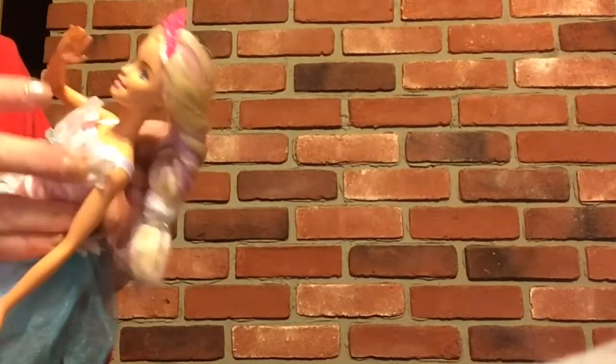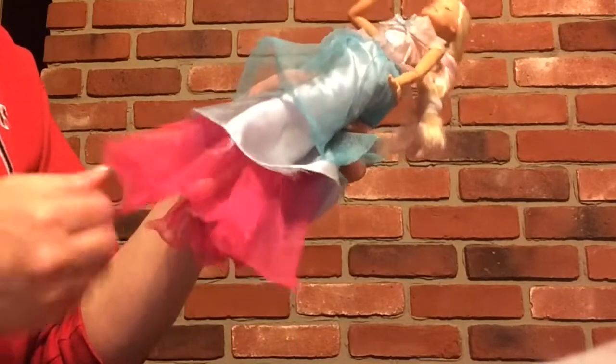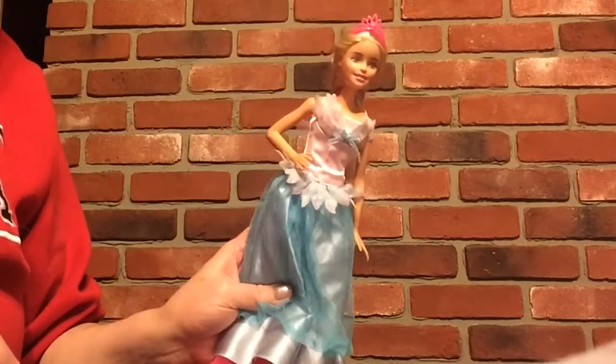I put on two dresses because I wanted straps, and this dress no longer had straps, so I put in a skirt. And now it's time to move on to the most important part for a fairy queen,